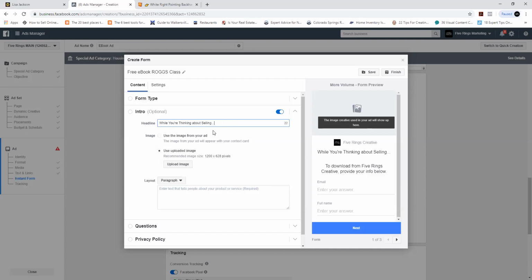While you're thinking about selling, you could upload your own image to sit here, or you could just use the image that we used from the initial ad. So it would just copy itself over. I usually do that. And then you would write down here into a paragraph,